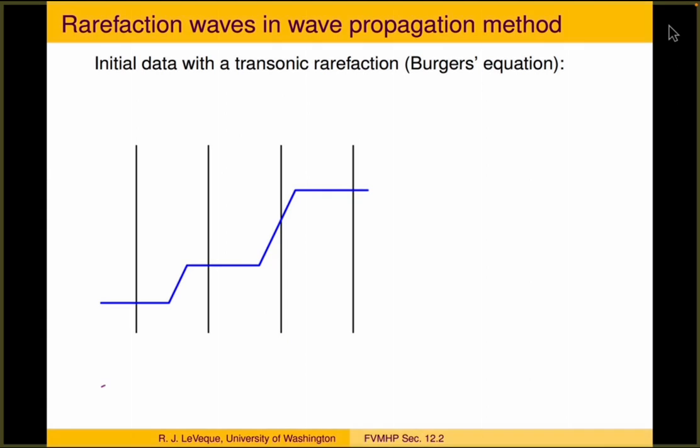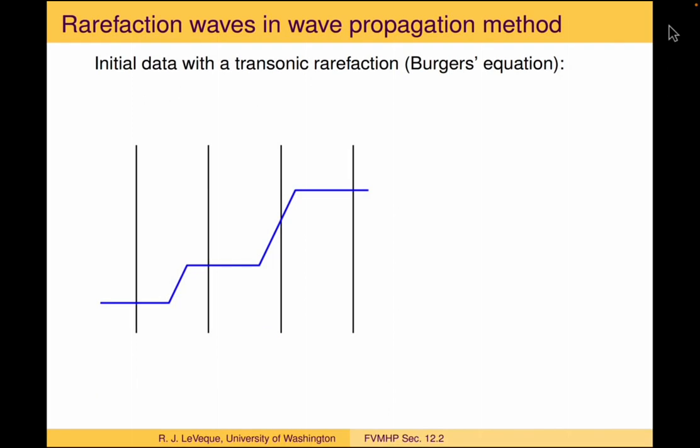Or the picture in terms of the Riemann fans in the xt plane, we have the expansion fan there, and here we have an expansion fan that's a transonic rarefaction wave. Okay, well now you can see that if we were to replace that solution with the solution that consists of discontinuities propagating at the Rankine-Hugoniot speeds,